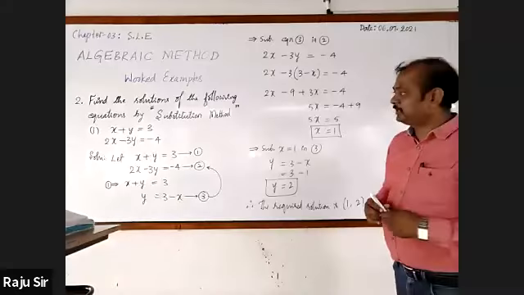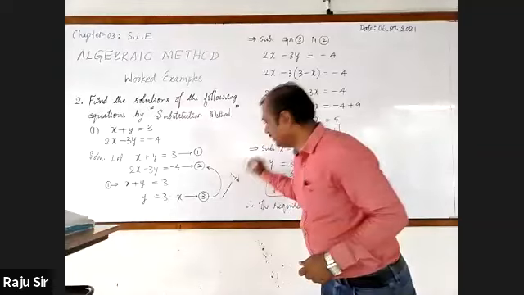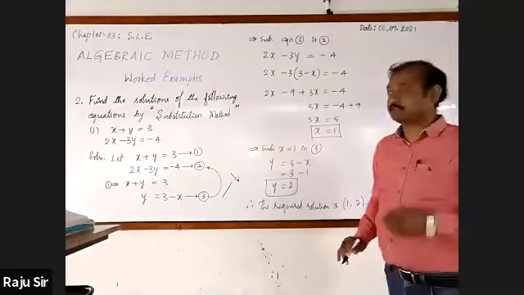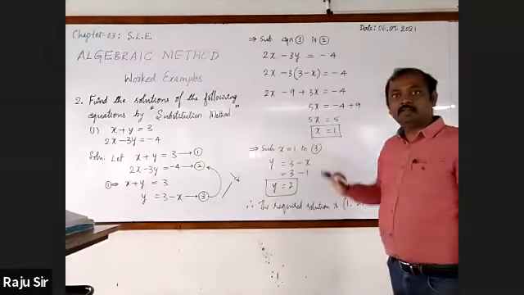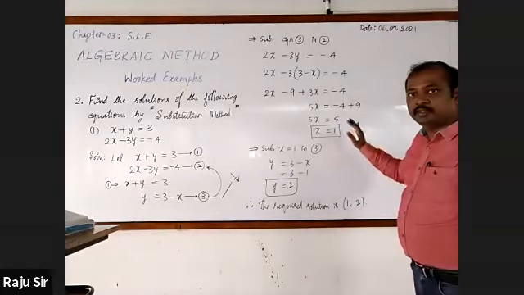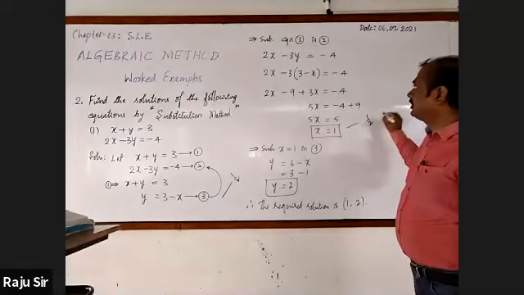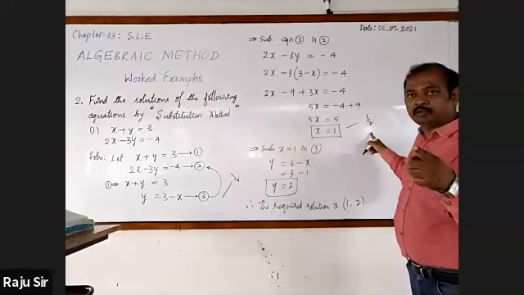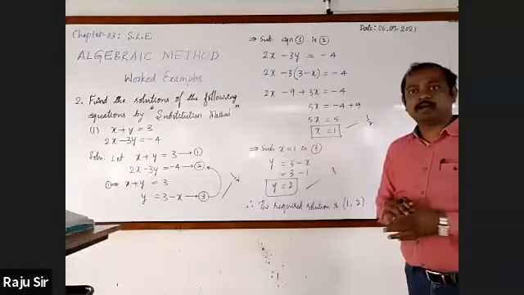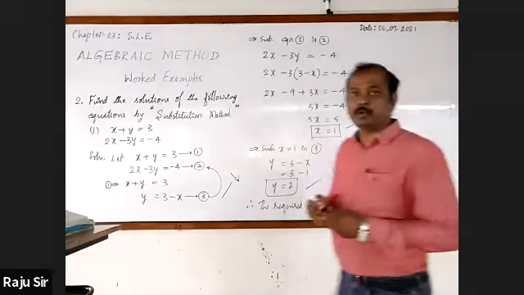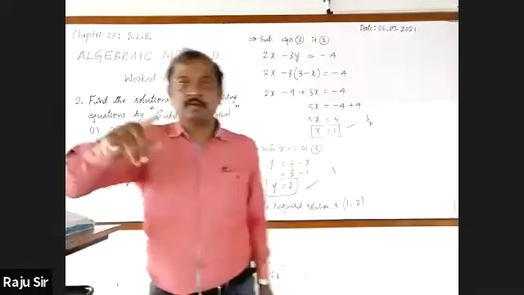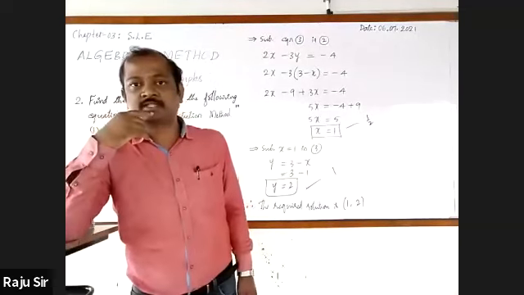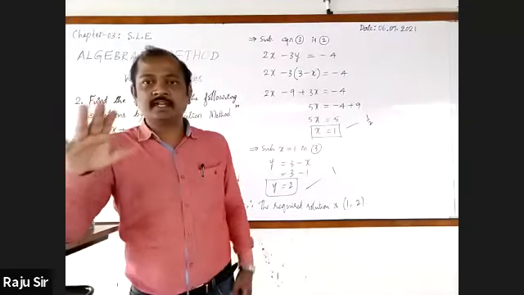I will tell you the marks allotment. Solving any one of the variables, half marks. Finding the value of x, it is half marks, x or y. If for one variable they give half marks and another one 1 mark, altogether it is for 2 marks. Clear? One student asked for how much marks it will be asked. Is it clear? Okay. It is for 2 marks.